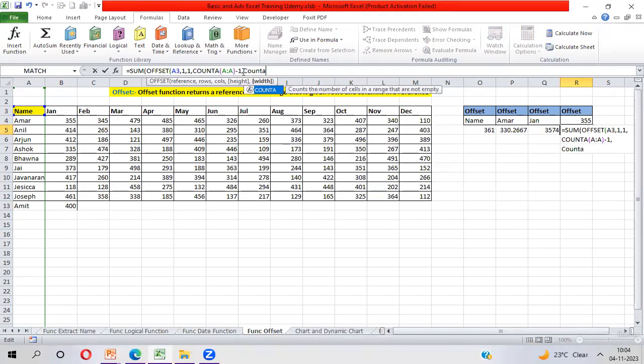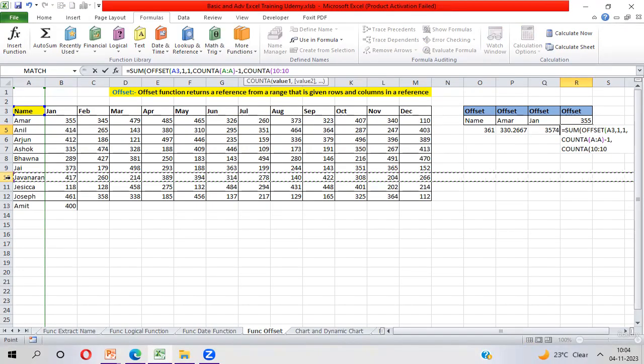So you need to apply the COUNTA function again and take reference of any row. Here I'm counting the row value: 1, 2, 3, 4, 5, 6, 7, 8, 9, 10, 11, 12, 13. 13 column width will be here. Enter.